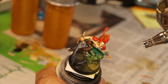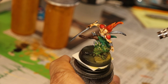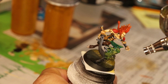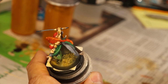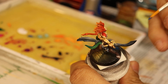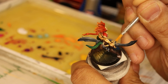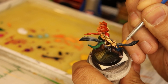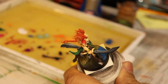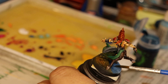All right, time for a little bit of airbrush, because simply the bases. Now the bases on these models are quite interesting because they are actually attached and molded onto the base itself. Fans of the channel will actually remember that I really love doing my own bases and creating a nice environment to live in. But you know, this comes with it pre-molded, so might as well just go in and try it. Keep in mind, not using airbrush for most of this is not definitely my technique per se. So I'm just trying something new and breaking out of my comfort zone, which is kind of fun and scary at the same time. So we're starting with a deeper orange and then a dry brush of a sky blue,